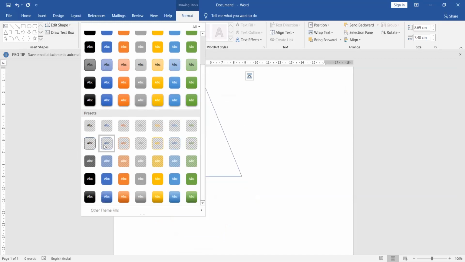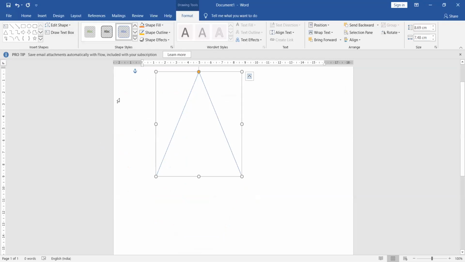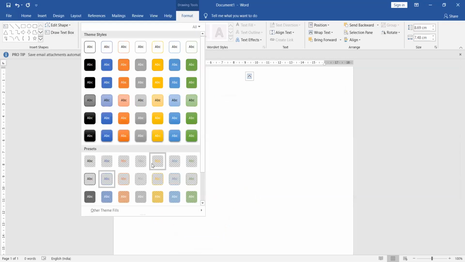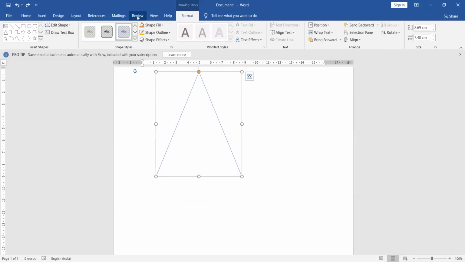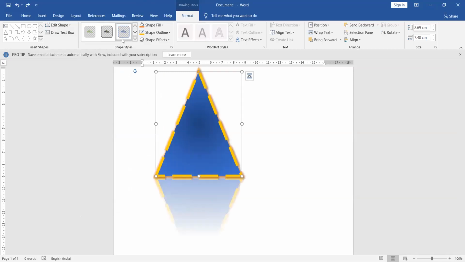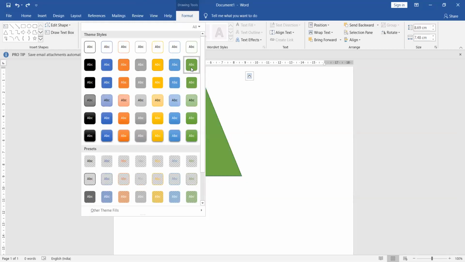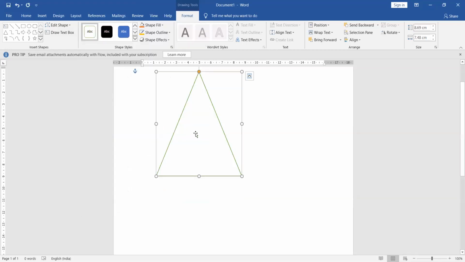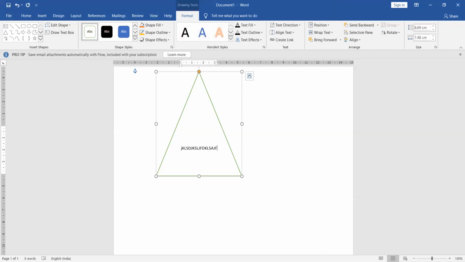Like if I want this, see, if I have chosen this preset for my image, so all these things will be displayed in front of you, whatever is possible for your shape. Okay. Now in these styles only you can choose any style, as I told, see here. And if you want to write any text to this, then you can write anything. Okay. You just have to type it, and then you can change the color, design, style of this text also.